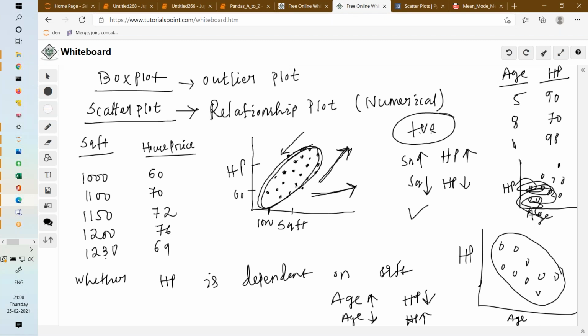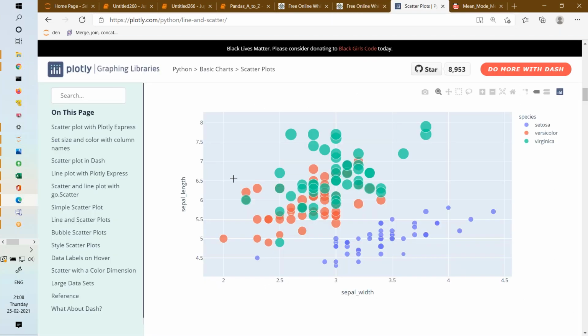Why I'm explaining so much is that when you show the results, your job is not to generate the plot, your job is to explain the plot, right? Explain this plot to the stakeholder. By looking at this plot, your stakeholder will ask what you understand from it. What is the result, what do you want to show me, why have you done this plot, what is the purpose of this plot? Everything you need to explain, right?